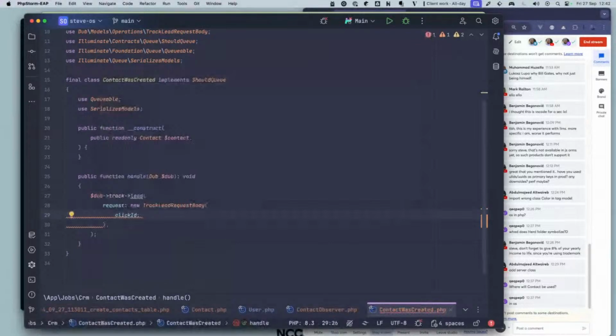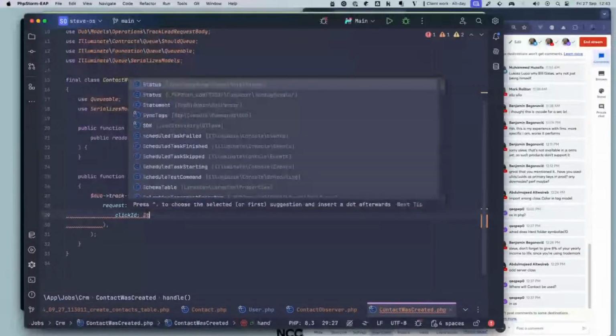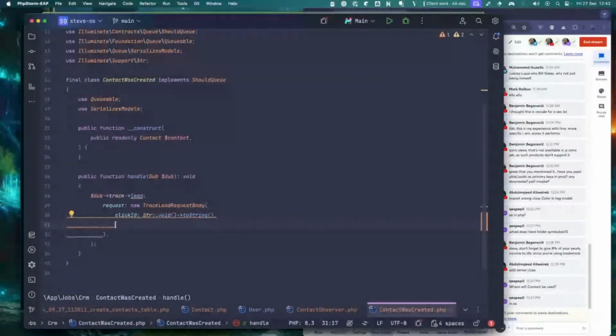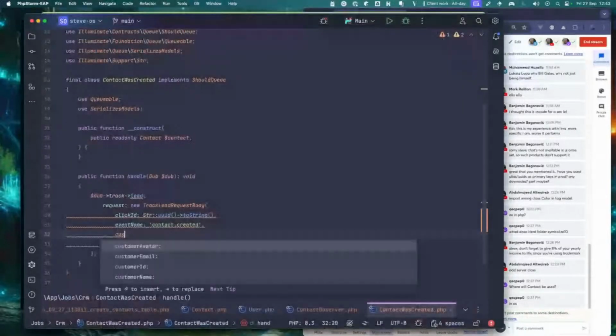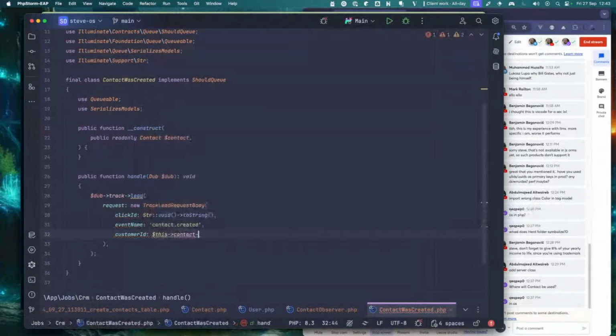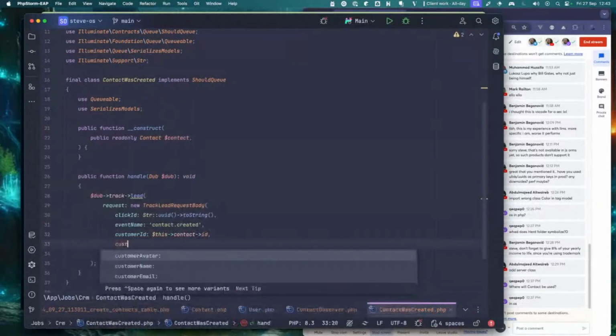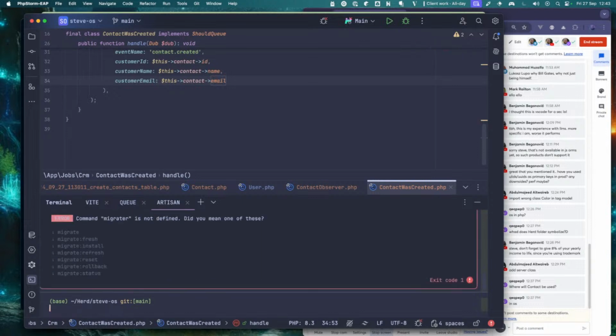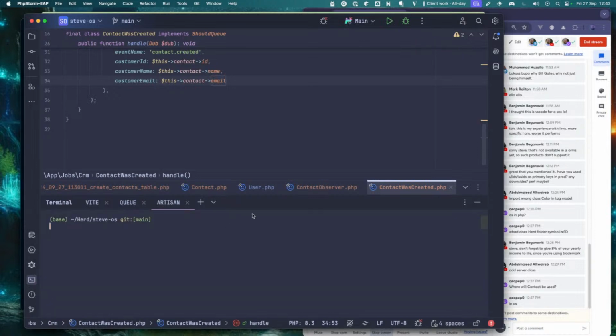So we are going to just say use a string helper for a UID. Event name contact.created. That makes sense. ID is this contact ID. Customer name, email, and then the customer avatar is not actually required. So I'm not going to worry about that. So let's make sure everything is migrated. Okay, perfect. So let's open up that